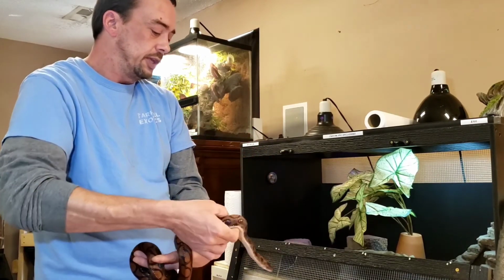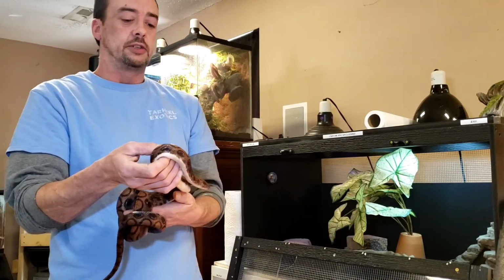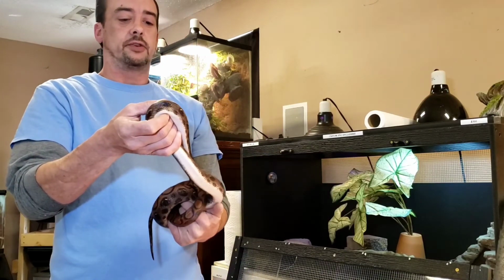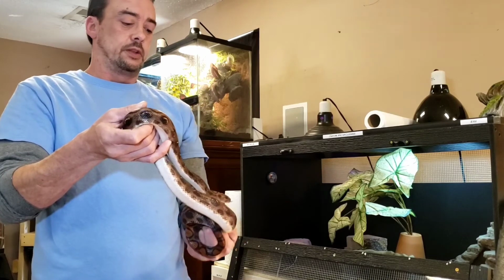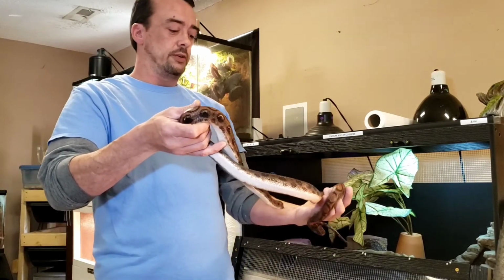Now, this is what I wanted to get to. I do want to be able to hold her for much longer periods of time. But I also want to keep our bonds of trust, our little threads of trust, short in the beginning, so that I don't stress her out,